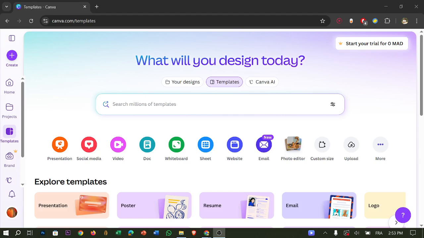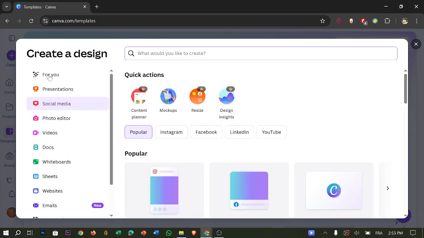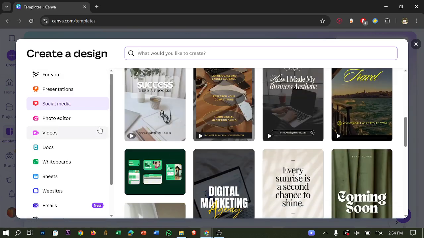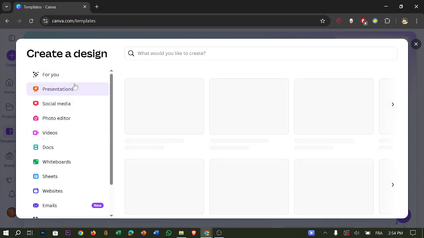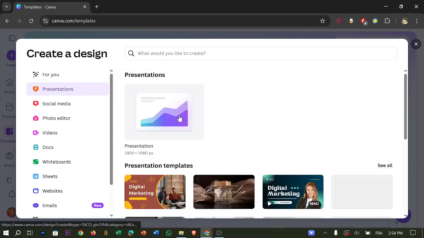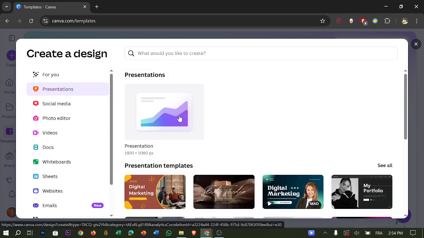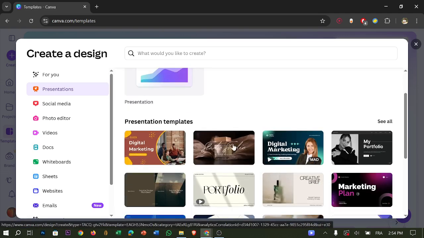So first things first, open Canva and start the design. Go to Canva, log in, click create. Choose a design type, Instagram post, presentation. You can choose anything. Once the editor opens, you have to click first on the templates that you want,